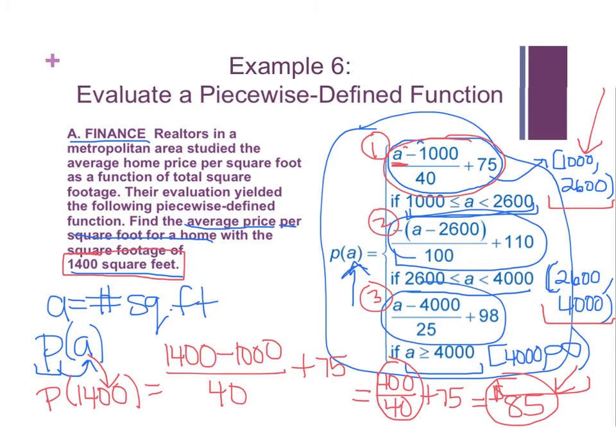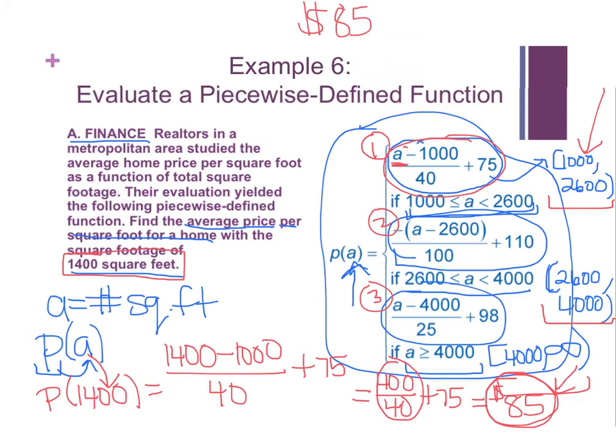Now, if we were going to extend beyond what the problem is actually asking, you could, with the information given, figure out what the average price of this home is. If it costs $85 per square foot, there's 1,400 square feet. If you want to actually know the purchase price or the sale price of the house, you could just say